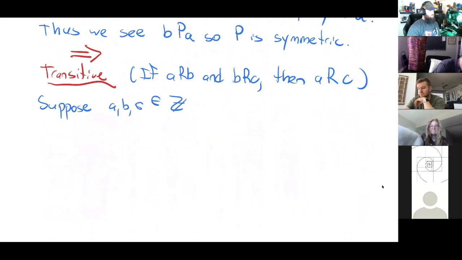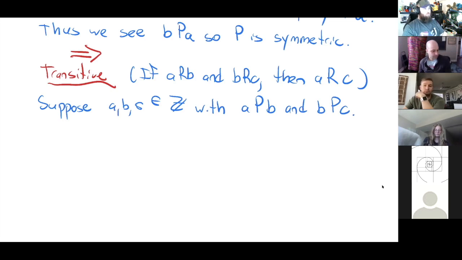And these things in this case are integers. And at this point, we haven't claimed anything about A, B, and C themselves other than they're integers and have